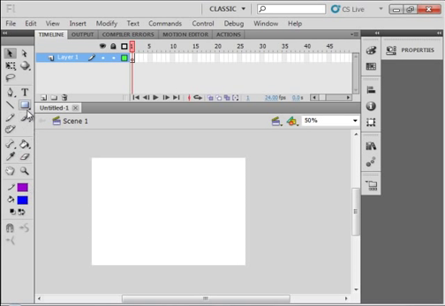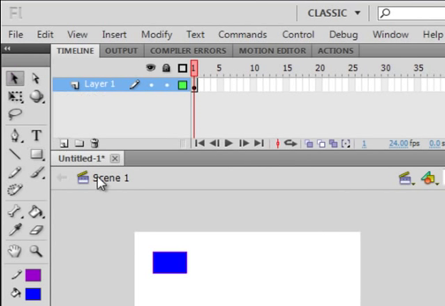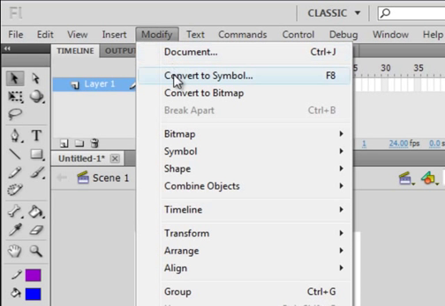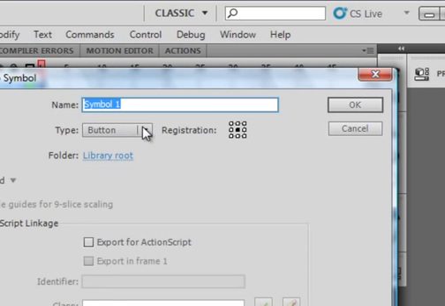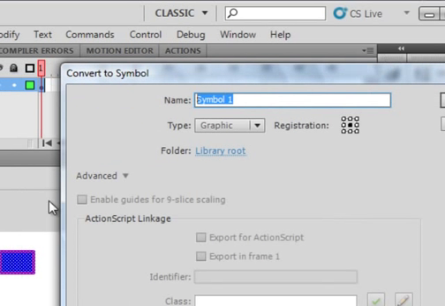I have my rectangle tool selected and I have a purplish stroke and a blue fill, and I'm going to make a rectangle right here. Pick up my selection tool, make sure it's highlighted, make sure both the stroke and the fill are selected. Come up here to Modify, and it says Convert to Symbol. It really should say make a symbol or create a symbol, but for some reason they use the word convert. Click on that, and in this drop down menu select Graphic, the first type they're talking about, and we had a blue rectangle, so let's call it